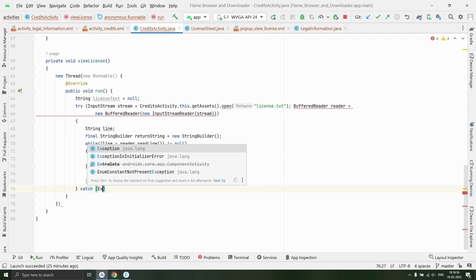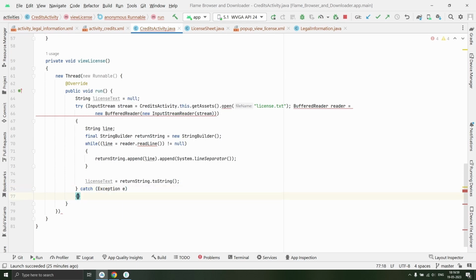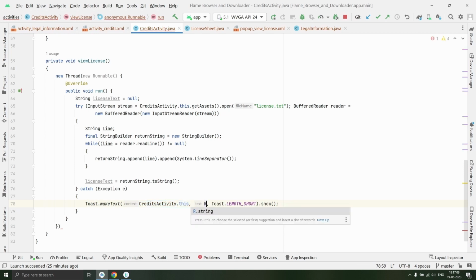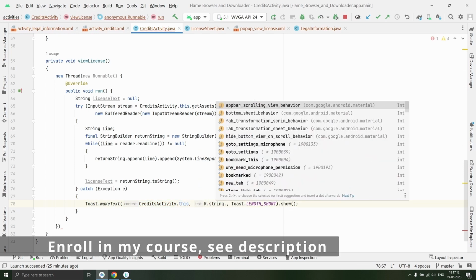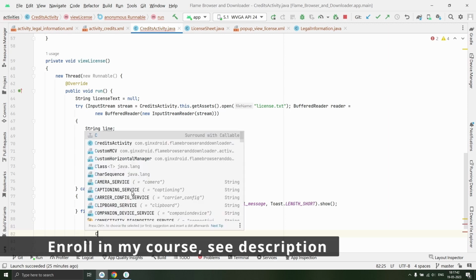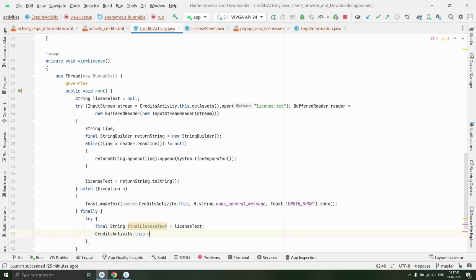Now we will catch general exception E. In that case, we will create a toast and we will set its text to R dot string dot oops general message. In the finally block, we will create a try block. Then we will set final string final license text is equal to license text. Then we will use credits activity dot this dot run on UI thread